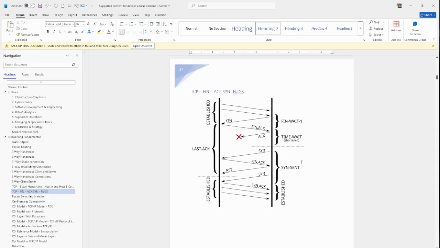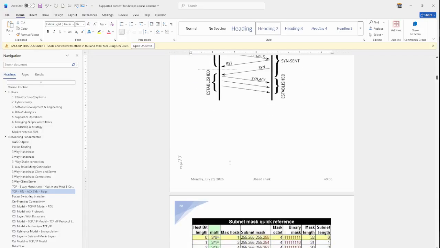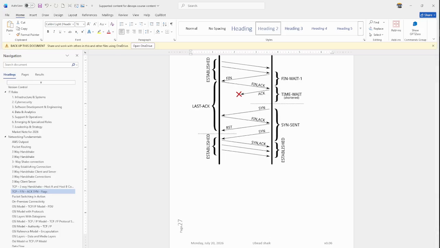So now you should be able to understand how the connection is being established, how the connection is being closed, and then how the connection is being established again. We call these flags: TCP finish, acknowledgement and sync flags. Okay, that's it about your